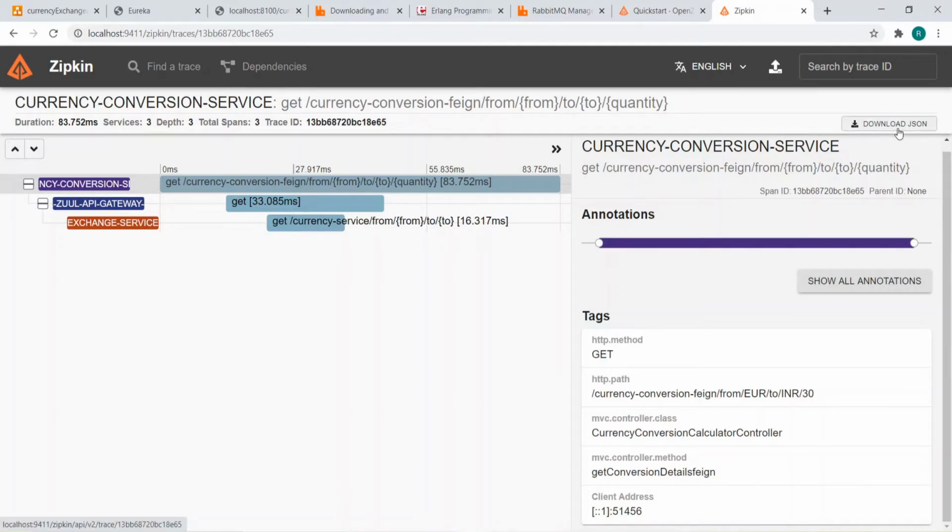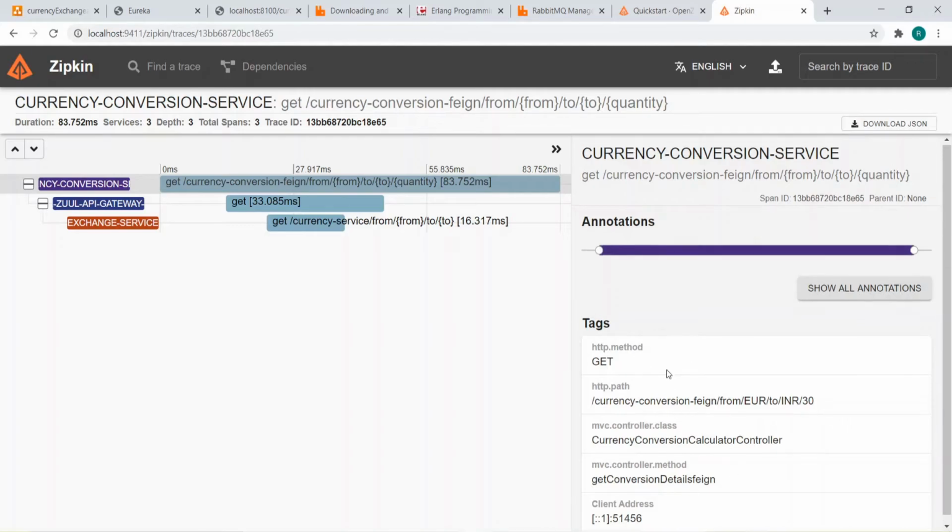Okay, and you can download also here, right? And all these things will be showing the key value pair, what is the tag and all. So it will show the ID as well, trace ID and all. Okay, so if you see here,